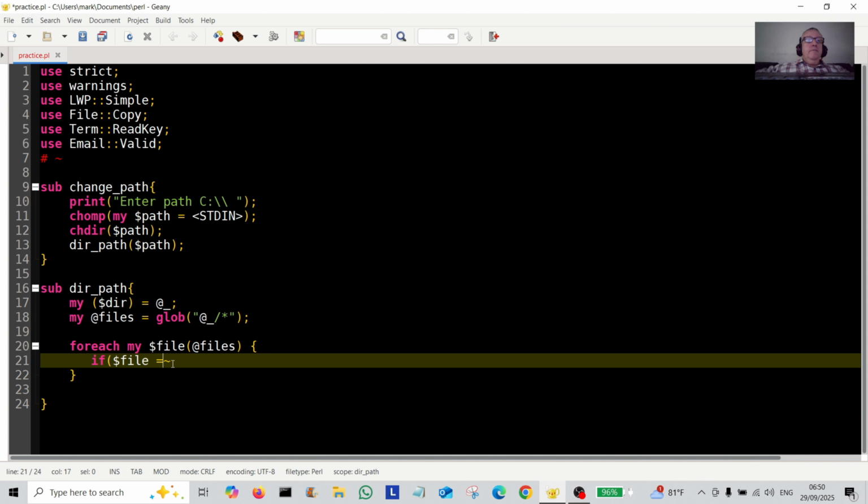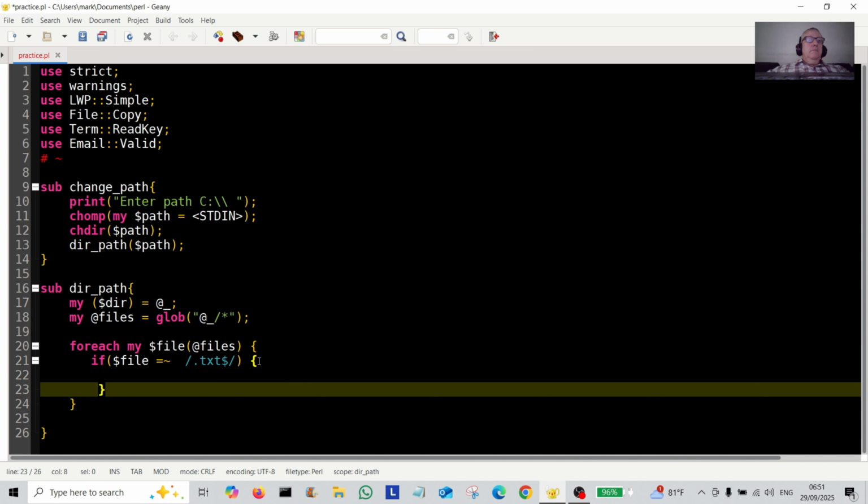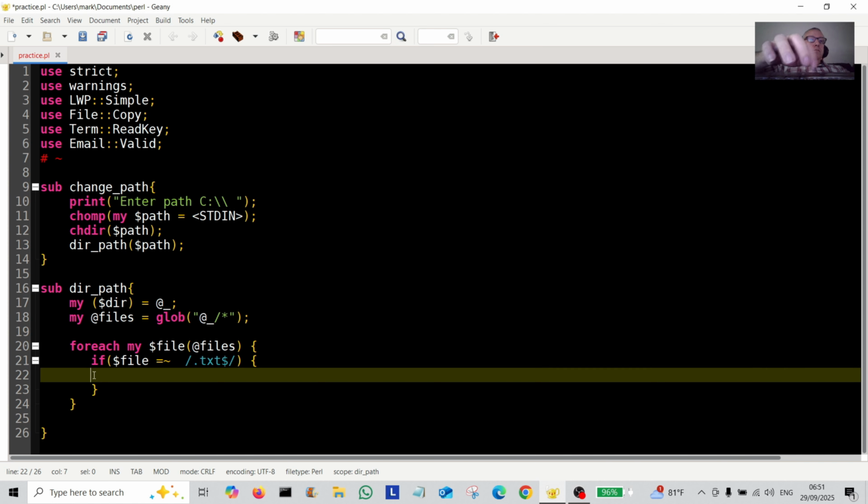If it's matching .txt on the end, then we're going to print file, and we're going to interpolate the file name into it, is TXT,